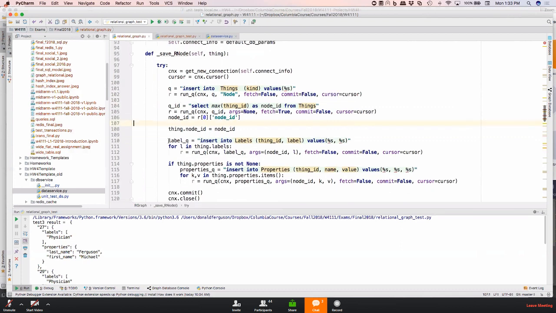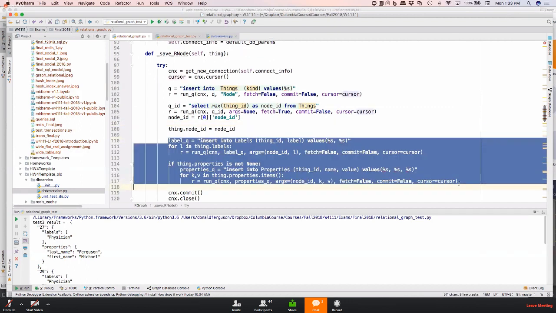The insert statement to add something to labels is insert into labels, the thing ID and the label. Two values for everything that's in thing.labels. Go insert the label, and then same thing for properties. This should get moved out because this is how I write code. I do it here, but I would factor this out